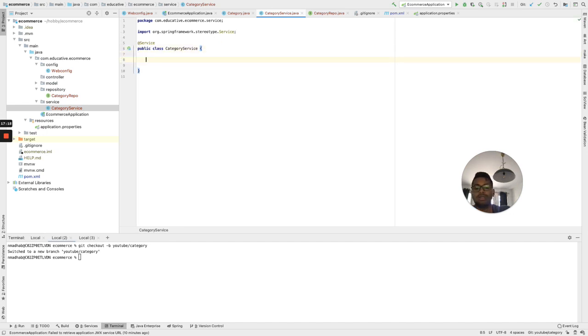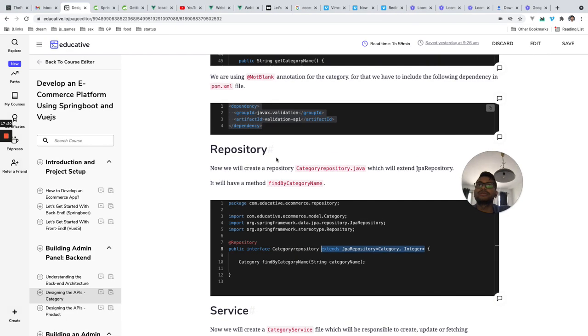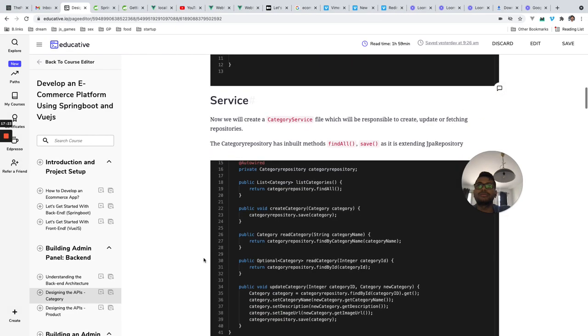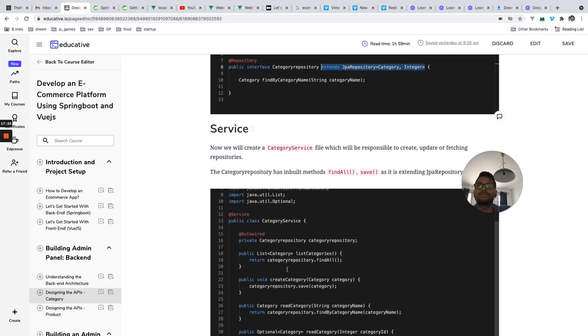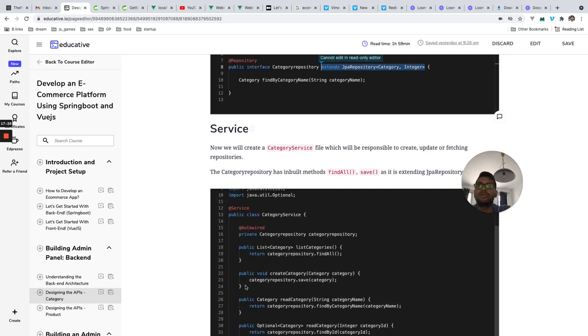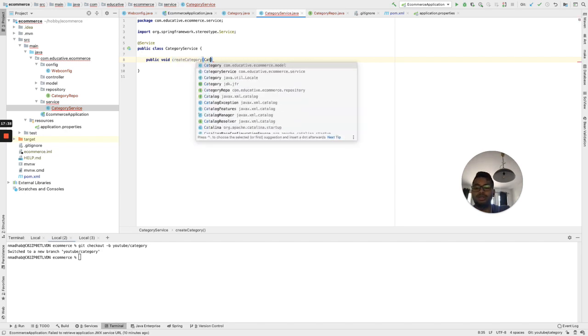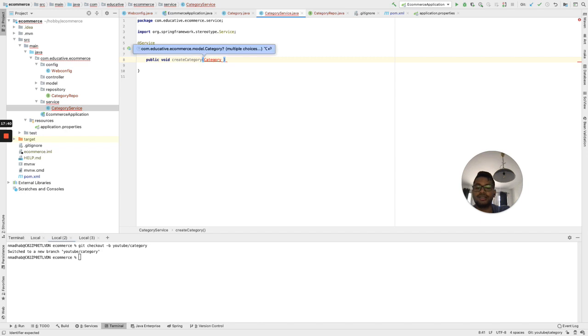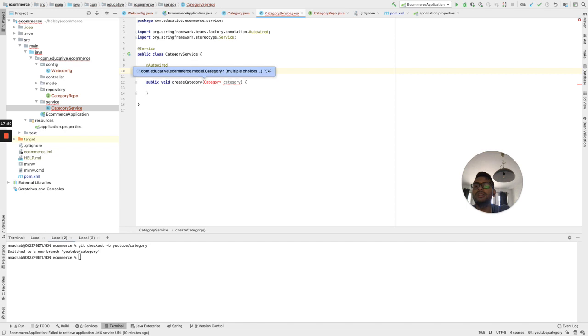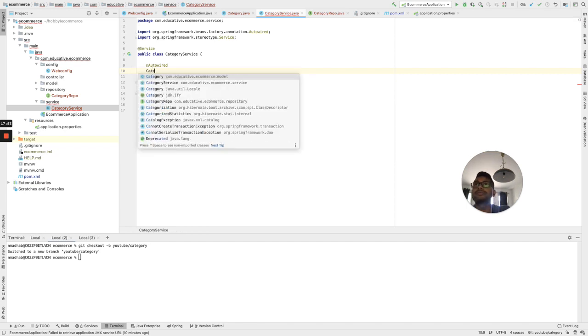So we will create a public void createCategory method, and it will take a Category as the input parameter, and it will autowire the category repo that we have created.